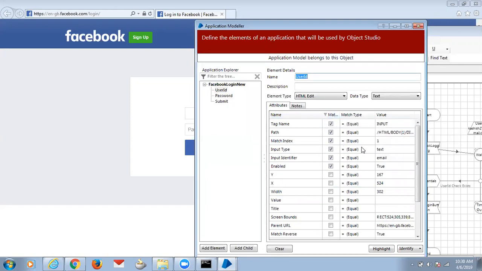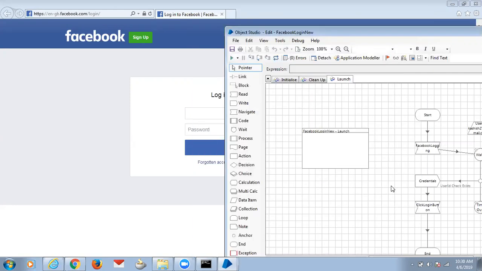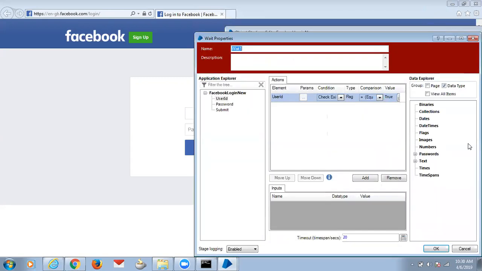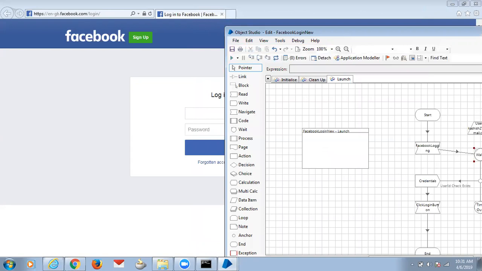Import test path, right, application. Yes, apply. Now probably we need to close this Object Studio. No, we should not do that. Let's see what else.